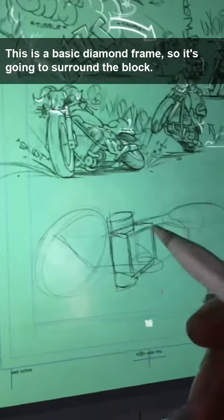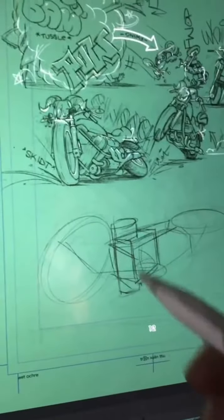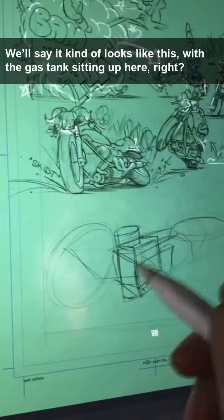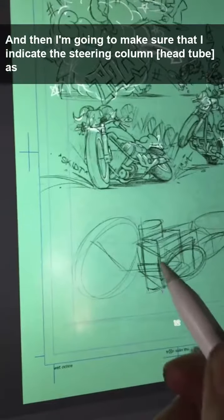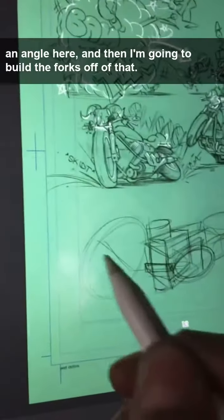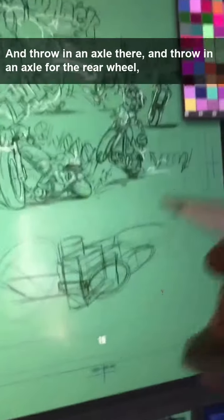After the block, I'm going to give some quick ideas of the frame. This is a basic diamond frame, so it's going to surround the block. We'll say it kind of looks like this, with the gas tank sitting up here, right? And the seat is going to be back here. Okay, and then I'm going to make sure that I indicate the steering column as an angle here, and then I'm going to build the forks off of that,